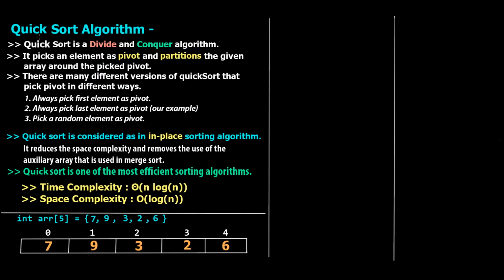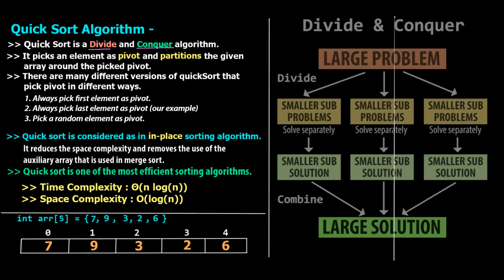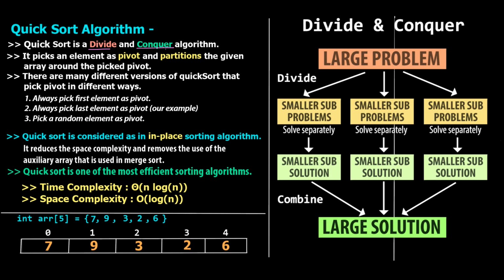Okay, so QuickSort sorting algorithm is a divide and conquer algorithm. Now if you've watched previous tutorials, we've talked about binary search, we've talked about merge sort, and both these algorithms also use this divide and conquer strategy. Now divide and conquer is nothing but a methodology, a strategy used by certain algorithms which breaks a larger problem into smaller sub-problems, and then you solve those sub-problems into sub-solutions and combine the sub-solutions to get